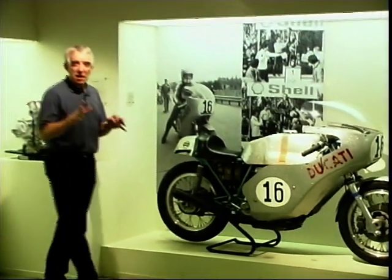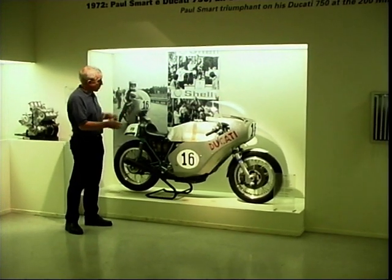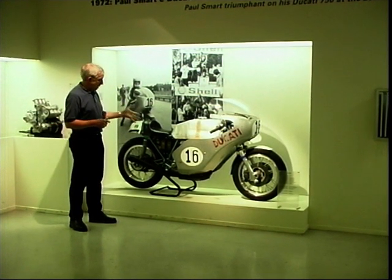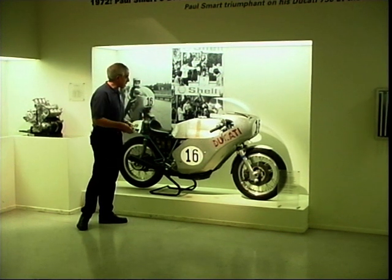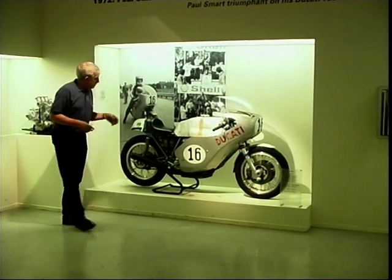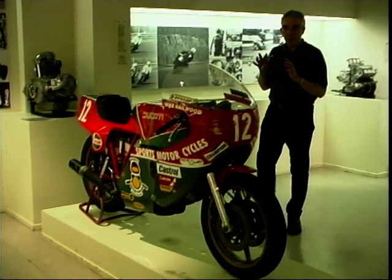Now we're coming to some recognisable races. 1972 saw us with this in this disco colour silver. 1972 it was when Paul Smart won at Imola on this one, 750cc Desmo V-twin. First major race victory for them, but it looks quite the business, doesn't it? Looks a bit quaint now, but nevertheless, if you move on a few years to 1978,